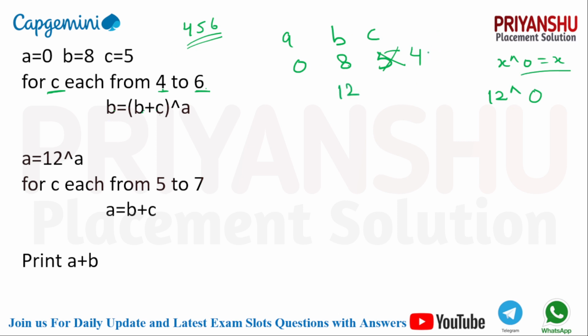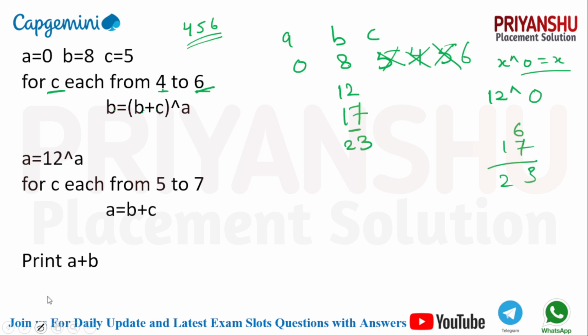Again the loop is executed for c equal to 5. For c equal to 5, guys, the same condition is there. It means b plus c, which is 17, and 17 XOR with 0 will give you 17. Right? Again the loop is executed for 6. The value of c is 6. Then 6 plus 17, right? So it will give you 6 plus 17, because the c value is 6 and the b value is 17. So let's add, 23. Clear? The value of b is 23 finally.